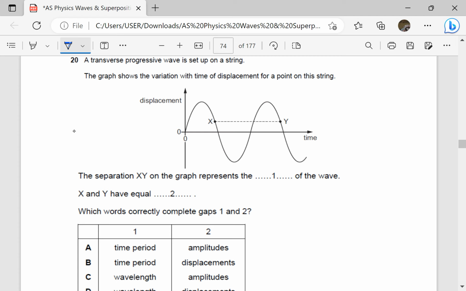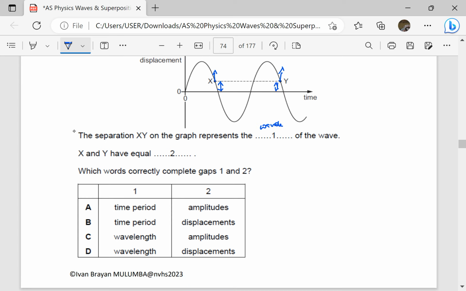So X here is vibrating vertically upwards, Y is vibrating vertically upwards. So they are at the same position there. So this one is going to be wavelength: the distance between two corresponding points that are in phase. X and Y have equal, so this distance is the same from equilibrium, so they have equal displacements. So the answer is wavelength and displacements,